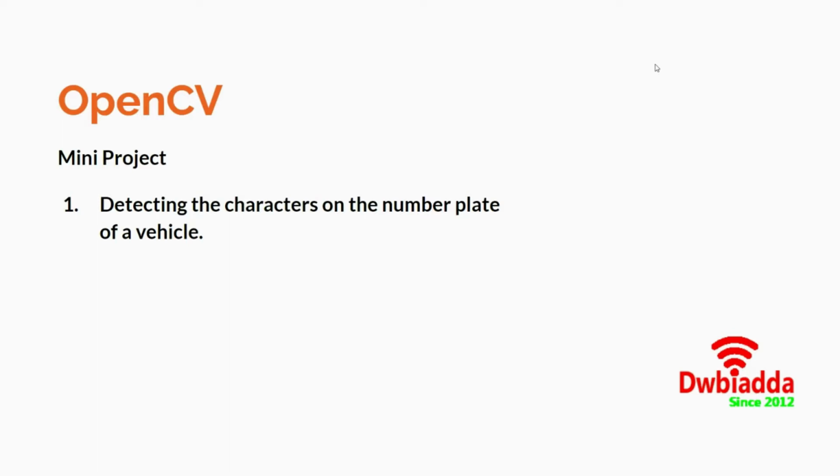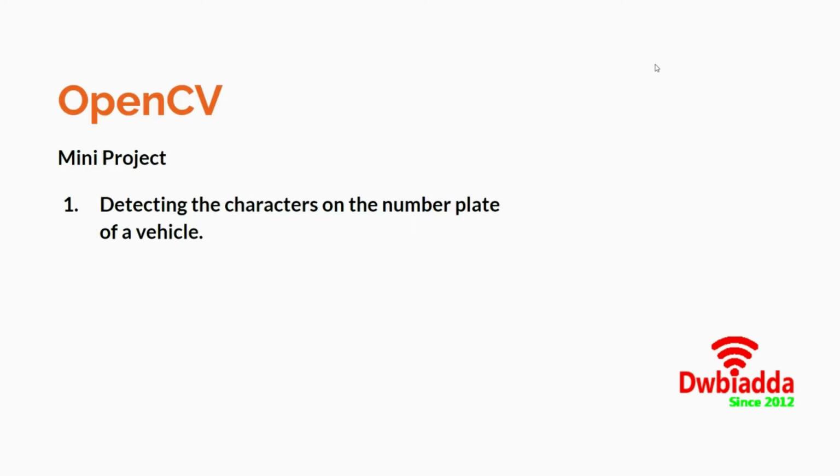Today, we'll be doing a mini project using OpenCV in which we will be detecting the characters on the number plate of the vehicle. So all the concepts that we have previously learned up till now will actually be used in this project, and this will serve as a good hands-on revision for all of the concepts that you have learned. What I will do is tell you how this project actually works